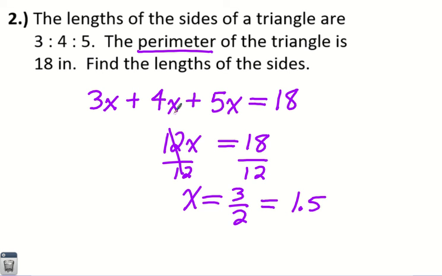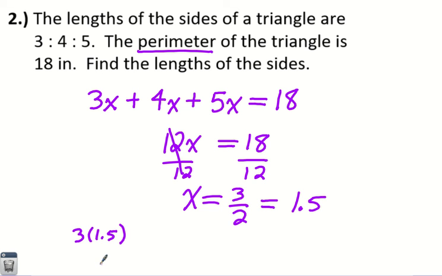So essentially now we have to do 3 times 1.5, 4 times 1.5, and 5 times 1.5 to get our 3 sides. So 3 times 1.5